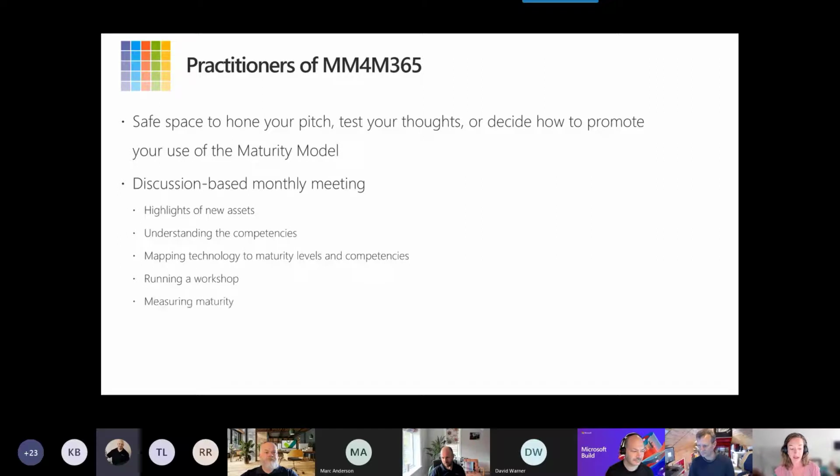So we can occasionally be changing our discussions. Sometimes it's going to be focused on different competencies. Next month, for example, we'll be talking about management of content. And in the future, we will cover things like running workshops and measuring maturity. We also love it when you share anecdotes and success stories. So also feel free to do that in the chat or share those when we dive into our discussion portion